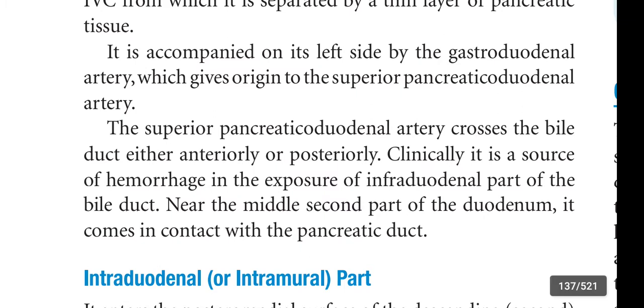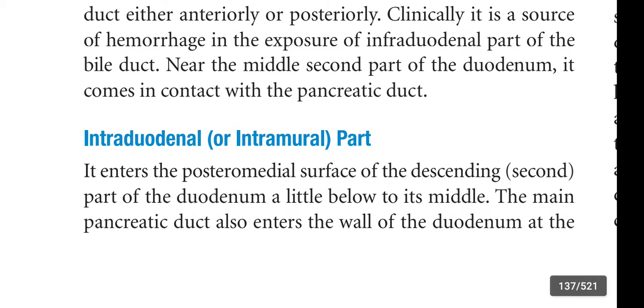Coming to the superior pancreaticoduodenal artery, it crosses the bile duct either anteriorly or posteriorly. Clinically, it is a source of hemorrhage in the exposure of the infraduodenal part of the bile duct. Near the middle of the second part of the duodenum, it comes in contact with the pancreatic duct. Next,